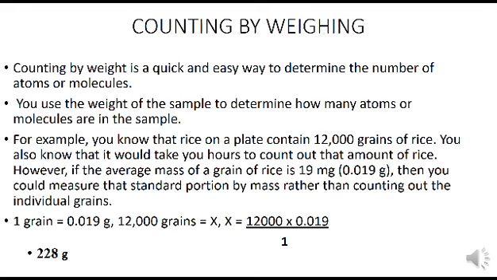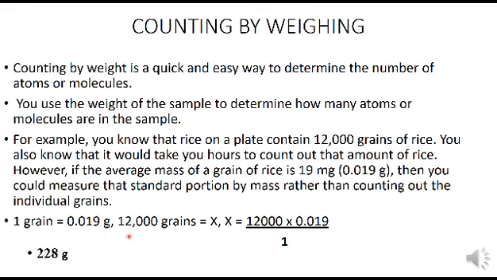However, if the average mass of a grain of rice is known, say it is 19 milligrams, then you could measure that standard portion by mass rather than counting out the individual grains. If 1 grain of rice is 0.019 grams,